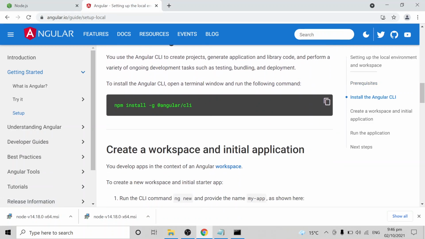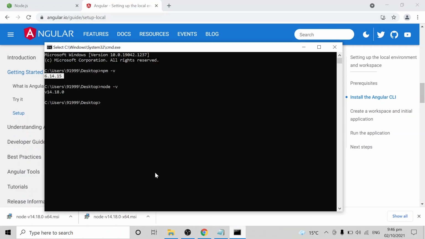Our next step is we need to install Angular CLI. For that we have a command called npm install -g @angular/cli. This will install the Angular CLI latest version globally. Then you can copy it. You can run the command directly here.